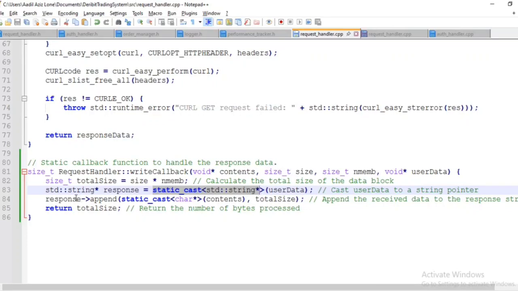The third statement of this function is that now we are going to append the data chunk received from the server to this user data. Since response is now a string pointer, it is going to have access to all the string class functionalities in the standard library of C++. So this append method is defined by the string class in the standard library,